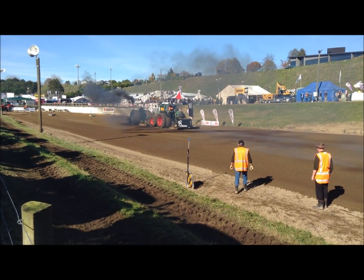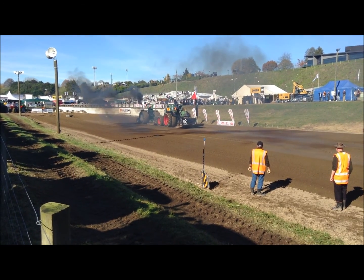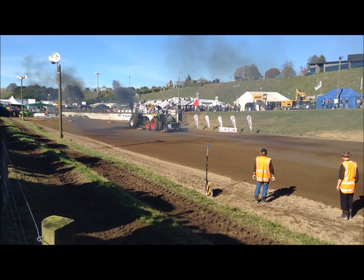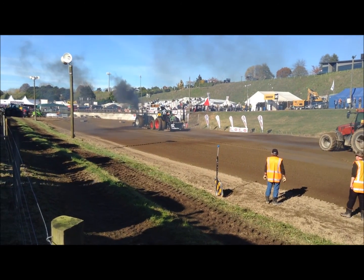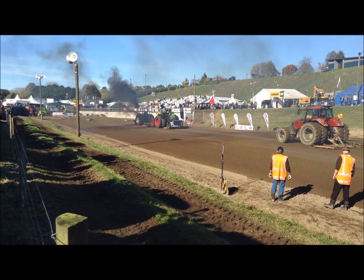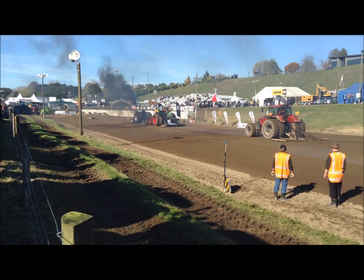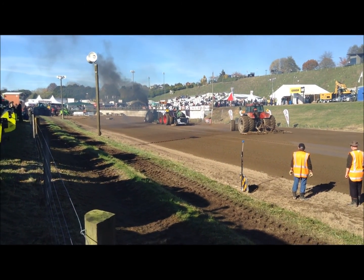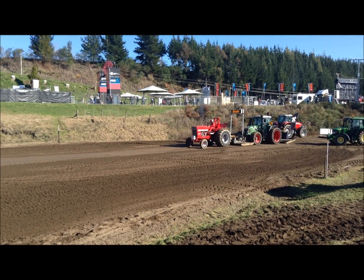Certainly a bit of smoke coming out the exhaust there. There's probably more coming out the joints in the exhaust than there is coming out the top, but that's all the fun of the chase. As he passes the 80 metre mark, almost, there he goes. Certainly getting a bit of heat into the motor, settling in everything that needs settling in. In front of me here, strategically parked, the next big